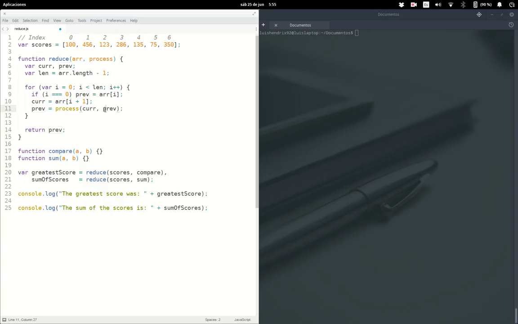Why prev? Why not core? Because prev is the value that keeps accumulating or storing the value that we want. Let's see how that happens. So we get undefined, but why? Well, that's because we haven't